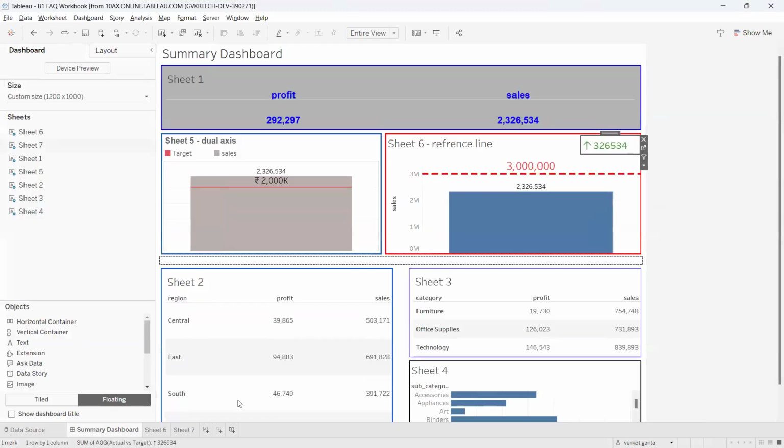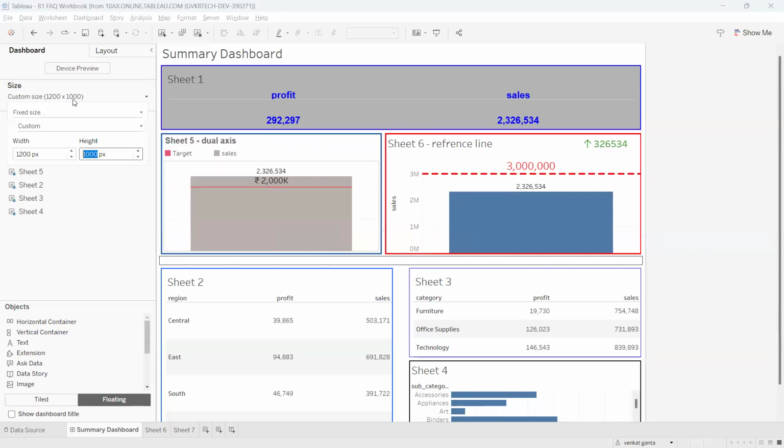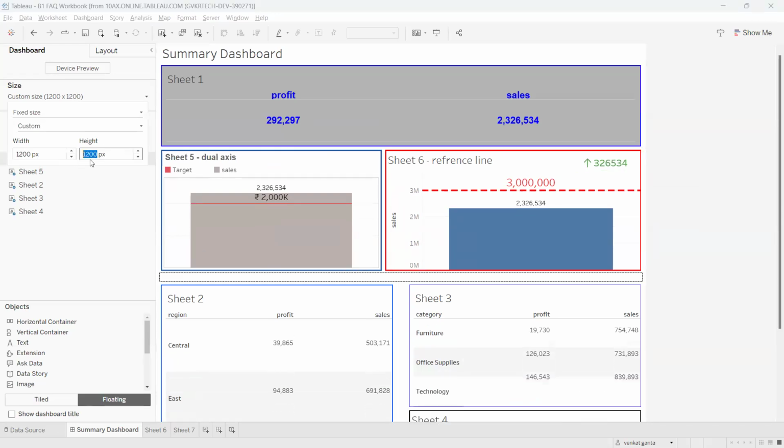Okay, just go to the dashboard. I can see that like this. So based on the requirement, sometimes I can use the floating objects like this, and sometimes I can use the tiled objects like that. So what is the limitation with these floating objects is, for example, if I increase the height of this to 1200,